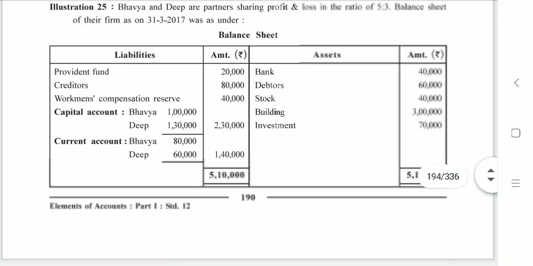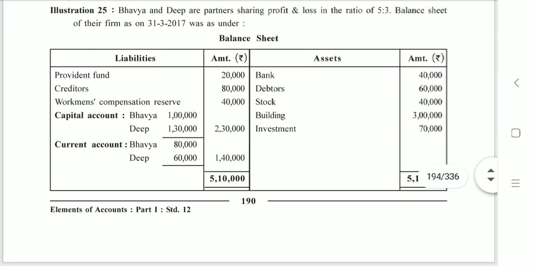We have observed the question carefully. We have decided which accounts we are supposed to prepare. We have also obtained sacrificing ratio, and we have also recorded the opening balances of partners' capital accounts and partners' current accounts. Here, in the given illustration, they have not prepared cash and bank account,